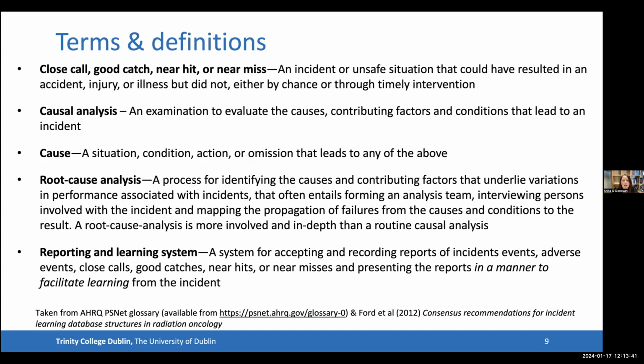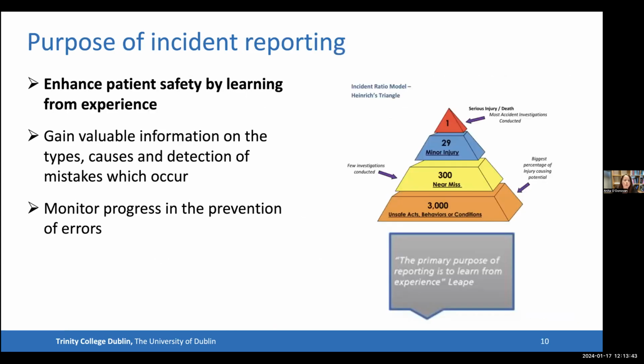And I suppose just to highlight the main reason why we report incidents is to learn from experience, and the narrative is, I suppose, the first step in that learning process. And we all know that reporting culture is really important in any department. So these guidelines, I suppose, we're trying to bear in mind the